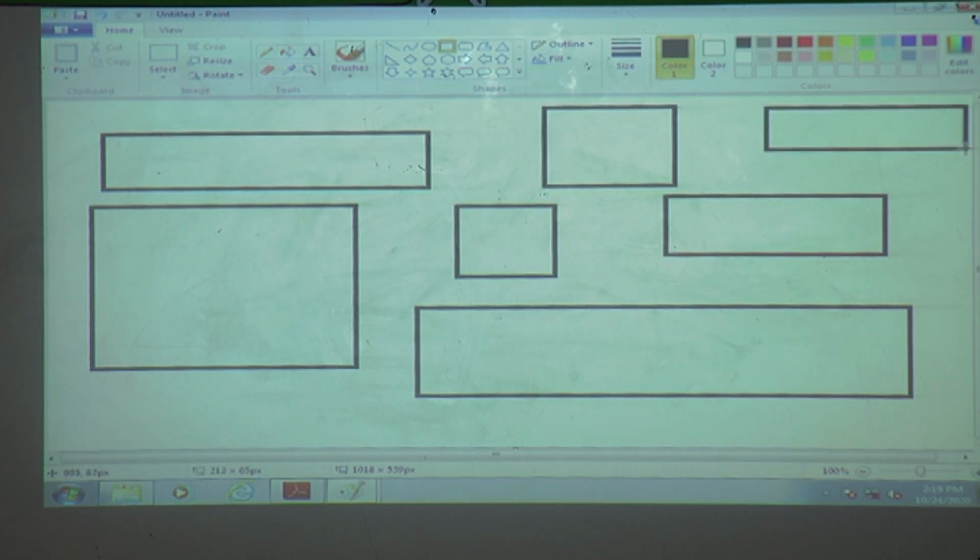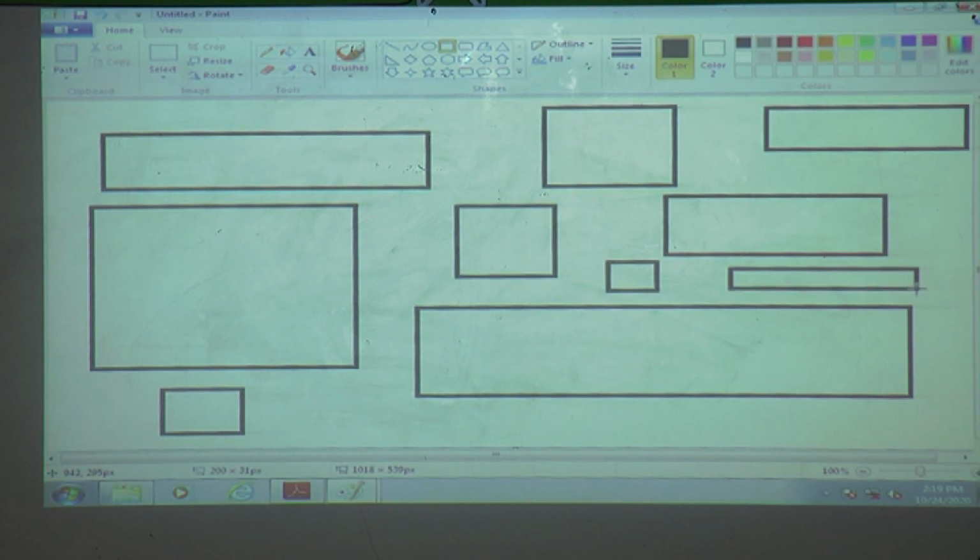What is it? Rectangle. We will draw a square. Small size also we can draw, and big size also we can draw.